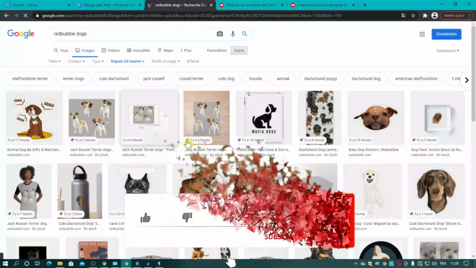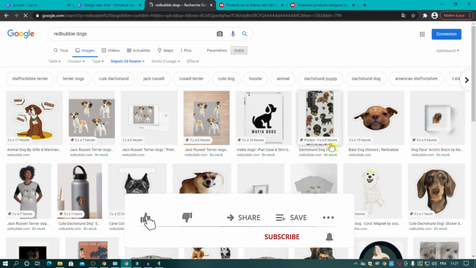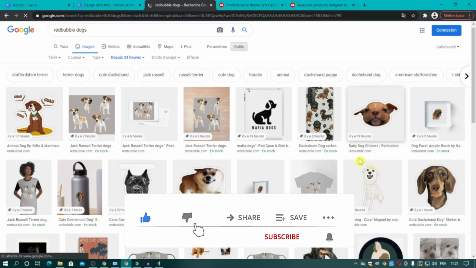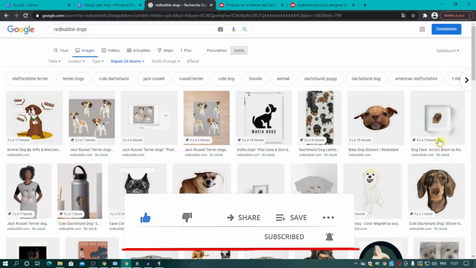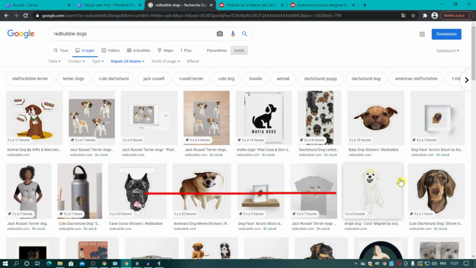Like you see, 6 hours, 6 hours, only 3 hours, 3 hours, 22 hours, 1 hour, 7 hours. These are the latest designs added on Redbubble that have the keyword dogs. So you can use this method all day and see what people upload on Redbubble. I made 2 sales with this method after just 12 hours of uploading my design,